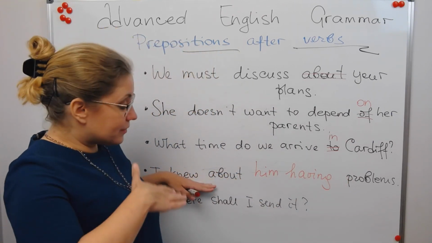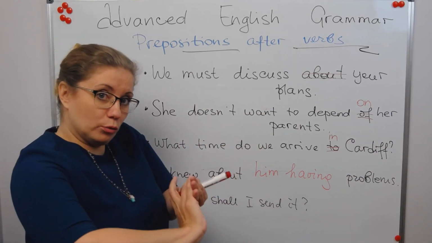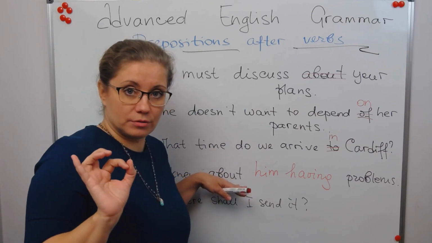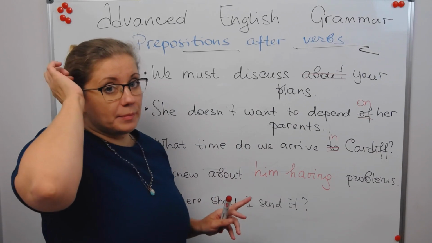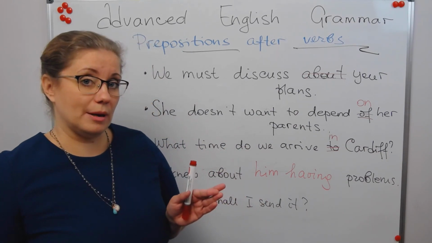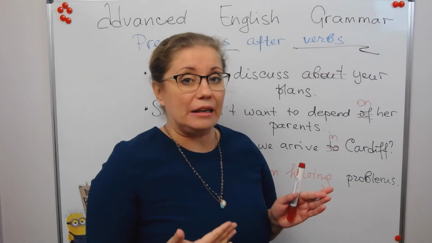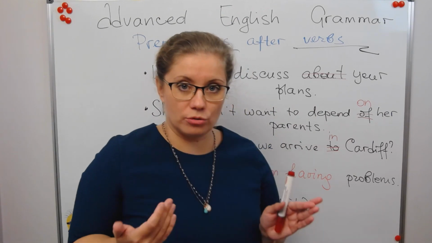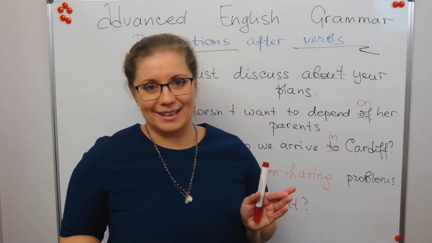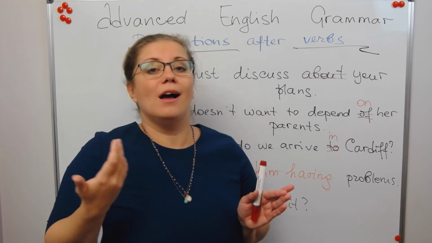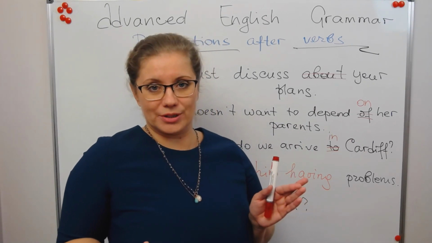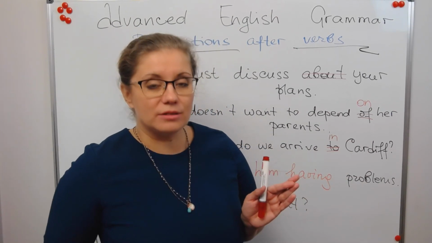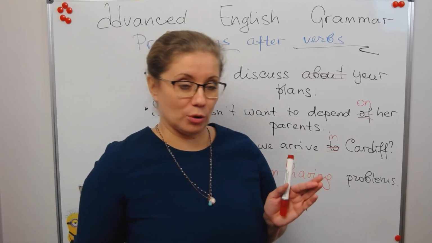But yes, differently from just adding new verbs after verbs, you sometimes need to make these little grammar transformations if you have a preposition here. And this is also very important to remember. You always use the ing form after prepositions. I'm thinking of moving to Rome, and so on and so on. Yes, you can't convince me of accepting this job, for example. Always after the preposition you add the second verb in gerund form.